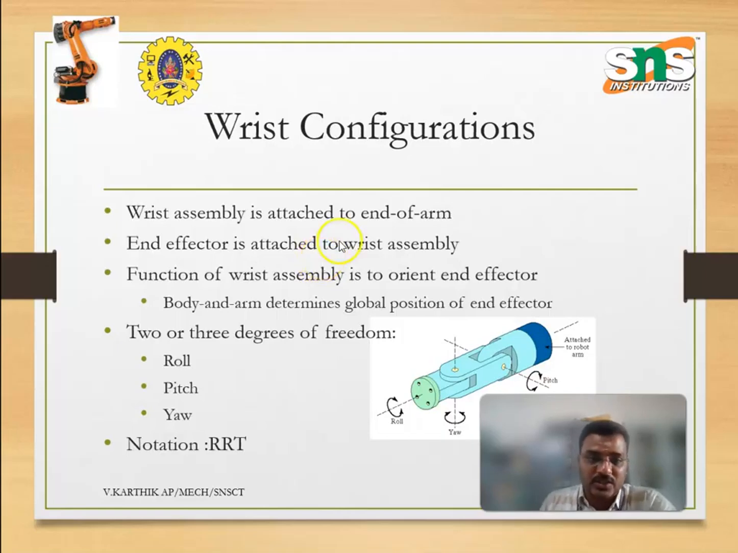Wrist configurations. Wrist assembly is attached to the end of the arm. End effector is attached to the wrist assembly. The function of the wrist assembly is to orient the end